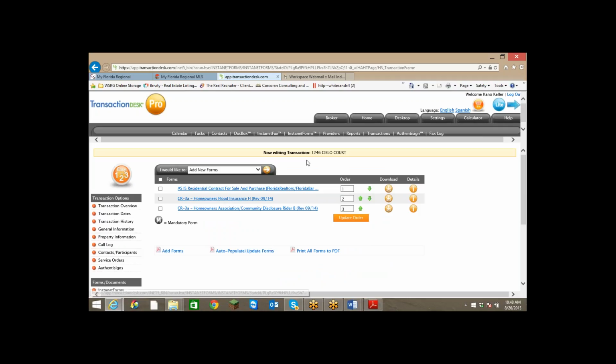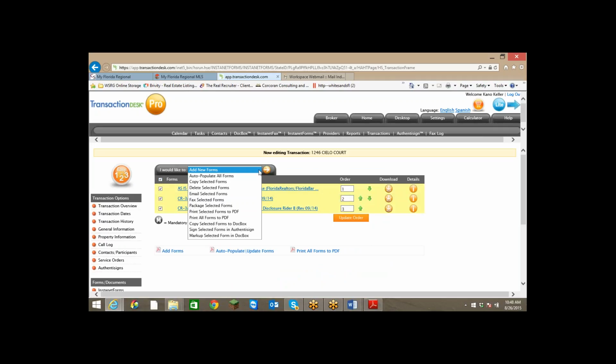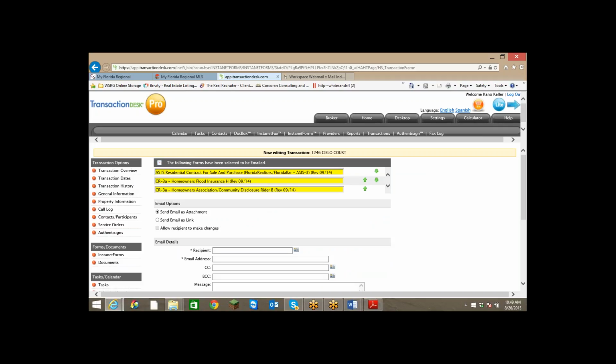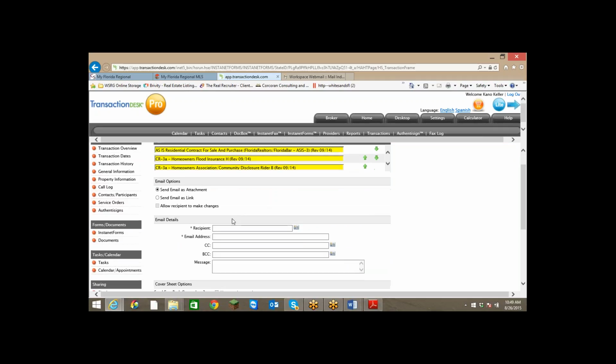You want to get to this screen, which has to do with your forms. Select your forms, and then come here, email selected forms. Now you can send them as a link, or you can send them as an attachment. And then you just put down